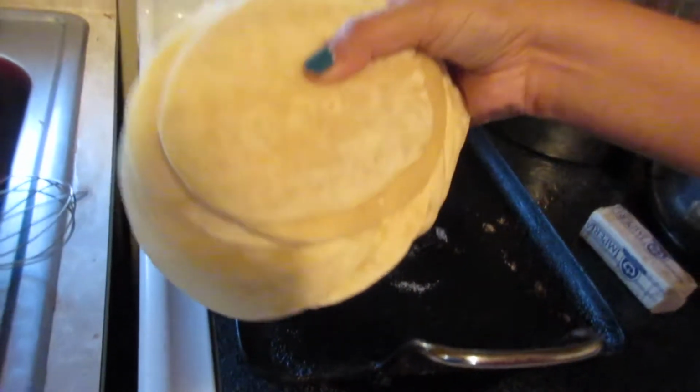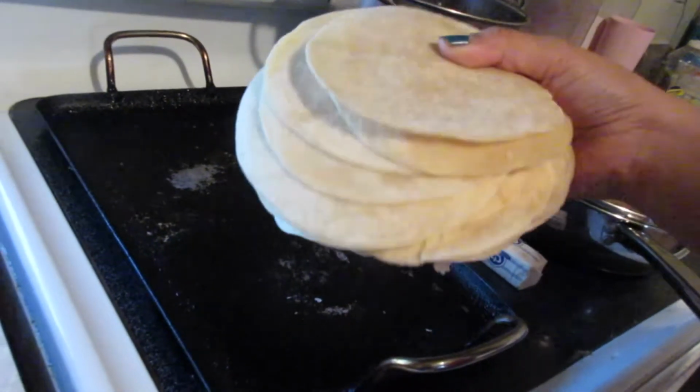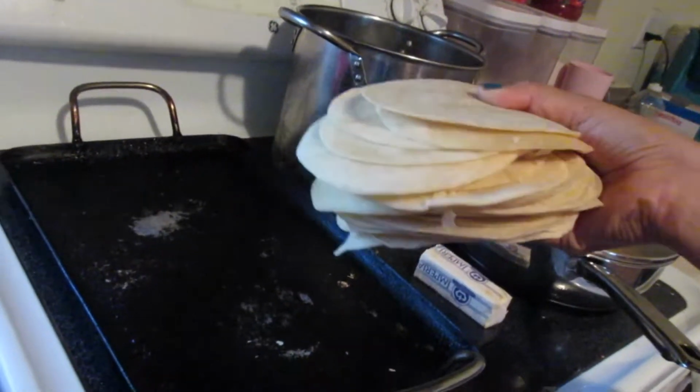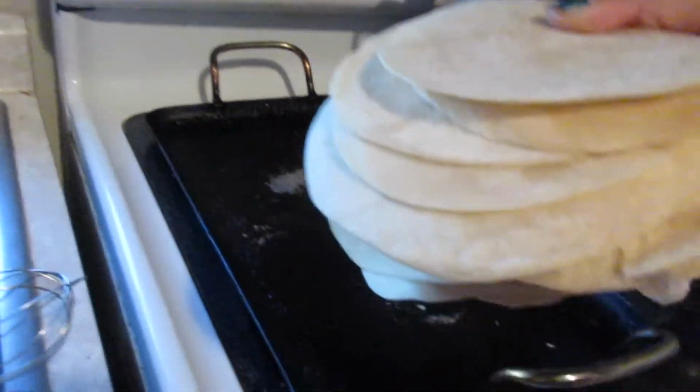These are the tortillas that I'm using. We get the hookup with the tortillas. Tony's friend's mom hooks us up. She works at a tortilla place, I believe. I'm not sure, but we always get hooked up with tortillas,